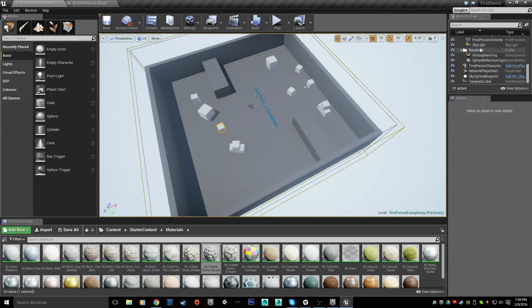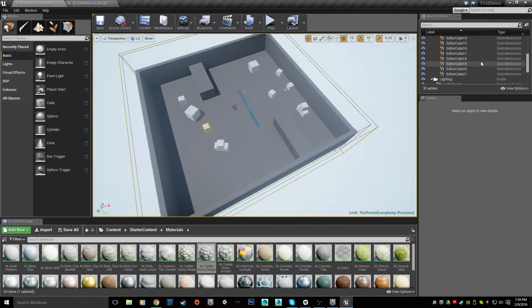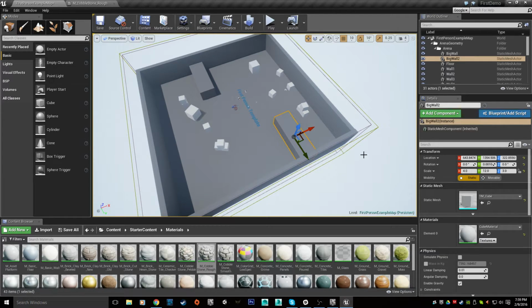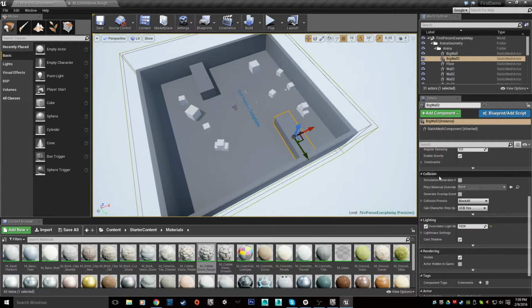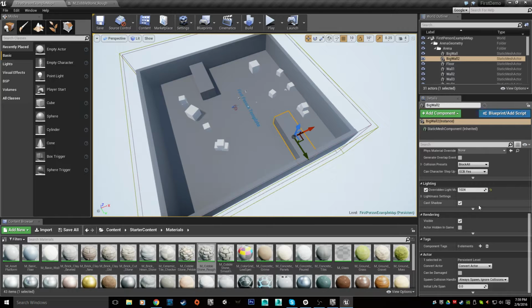So the last thing we have over here is we've got our details panel and our world outliner. And the world outliner you used to have to kind of look for in Unreal 3, but now it's all here. It's right in your main view. We've got controls for turning things visible or invisible. Our details panel is details about whatever object we have selected. So any component I have selected, I can tweak all kinds of values. So we can play with its collision, the light maps, whether or not it casts shadows,